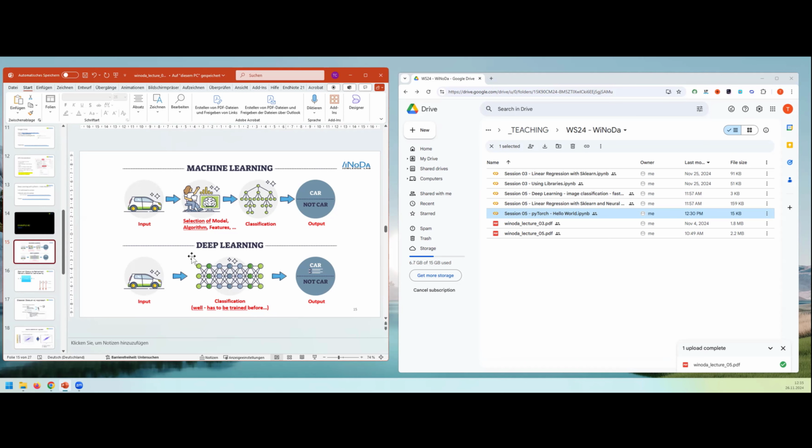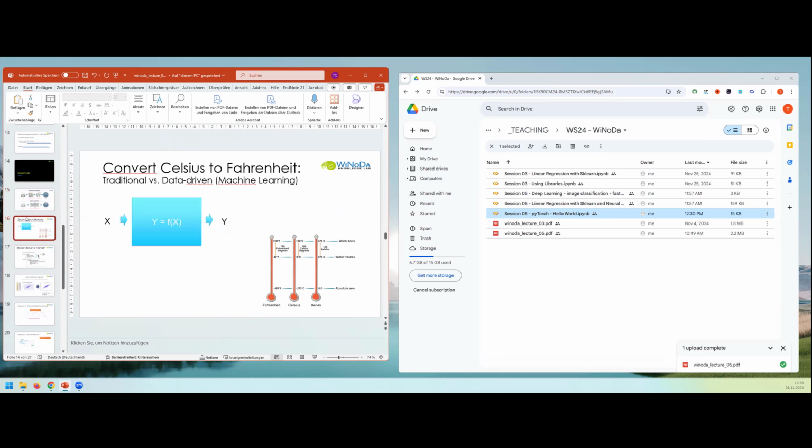And what deep learning is doing is that it more or less has everything in one step. So yes, you still have to decide on the architecture of the neural network, but this is more or less general, and there's not much you can do wrong, except your neural network is not complex enough, so it's too small, and you don't have enough data maybe. But at the end, you just tell it, look, there's a neural network, here's data, go for it. And the neural network will learn how to interpret your input and construct and correct the weights such that the output is correct. And the more you train, the better the result becomes. Okay,